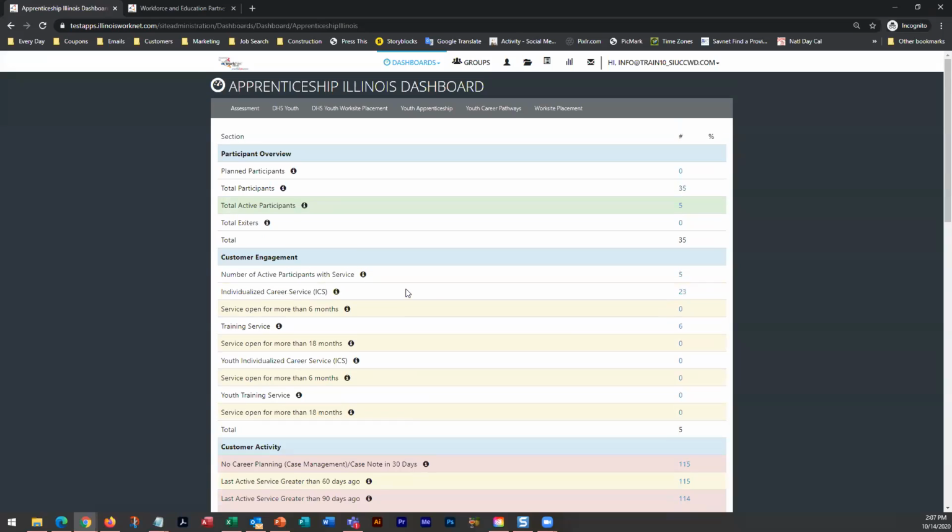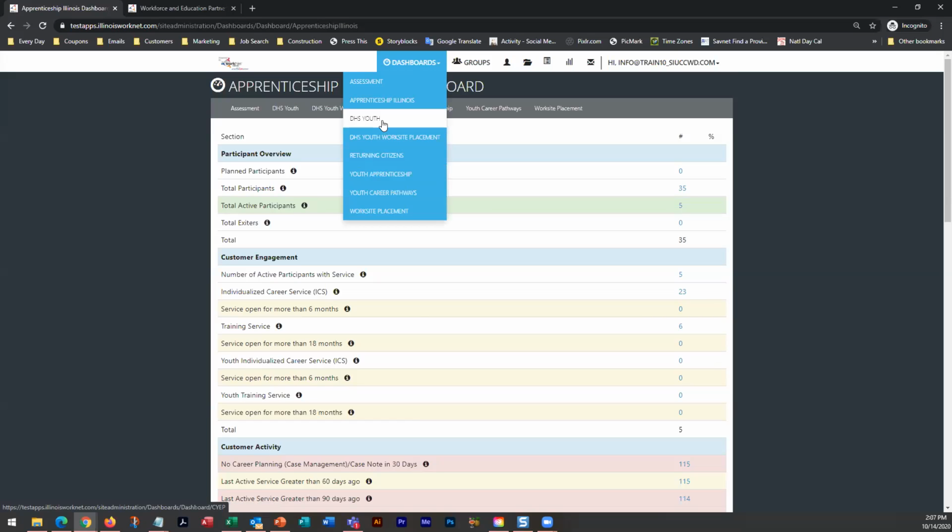Now you're wondering, what are these numbers over here on the side? Right now the numbers are not working, but if you click on a number, it will pop open to a screen. Let me just show you in a different dashboard.